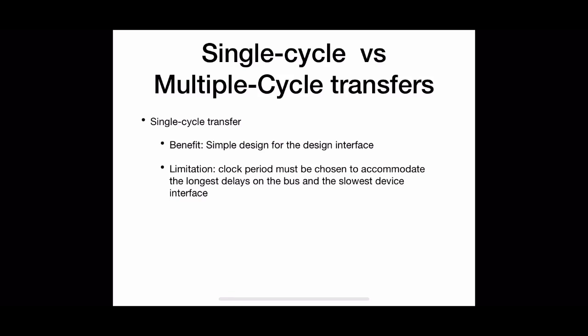Another thing is that the processor has no way of determining whether the addressed device has actually responded or not. It just assumes that at T2, that is after finishing the first clock cycle, the data will be there in the data lines. So if due to some malfunction the device does not respond, there is no way of detecting the error. So how can we overcome these limitations?